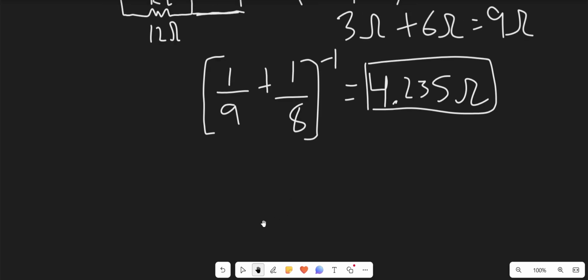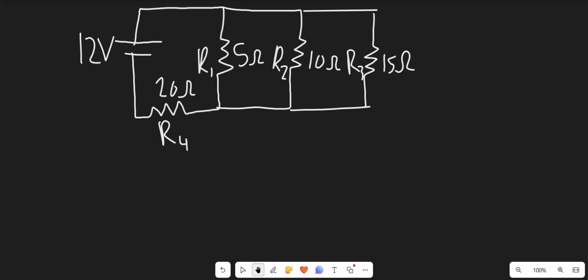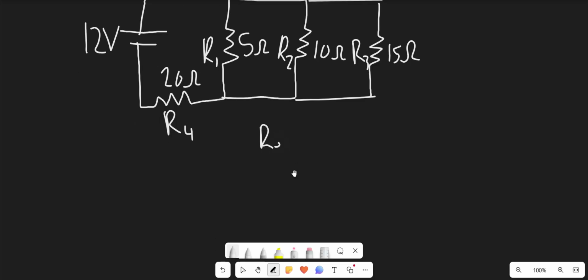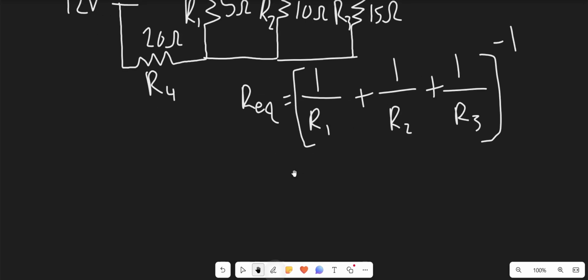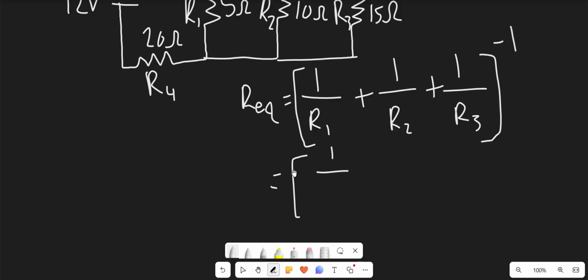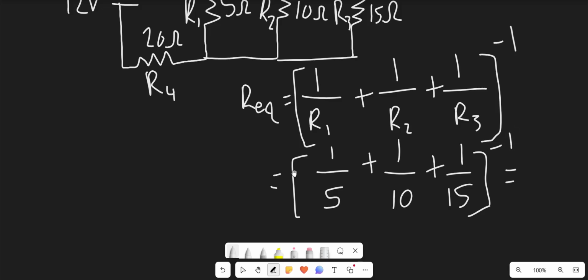So hopefully that made sense, and now let's go on to example number 3. Okay, so here's another slightly more difficult example. So we have once more a parallel circuit with 3 resistors in parallel. So let's start by finding the equivalent resistance of all of these 3 resistors. So the formula we're going to use is the resistance equivalence formula. So it's going to be Req is equal to 1 over R1 plus 1 over R2 plus 1 over R3, and once we get the summation of all that, we're going to raise it to the negative 1 power. So plugging in what we have, it's going to be 1 over 5 plus 1 over 10 plus 1 over 15 raised to the minus 1 power, which is going to be